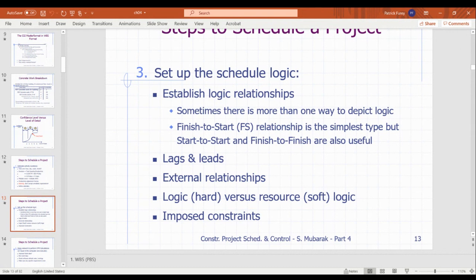External relationships, obviously, we talked about things that can influence a project that's not directly related to it. Pandemic comes to mind. Those kinds of outside factors can easily double the duration of your project, or halve it, or anything you want, because